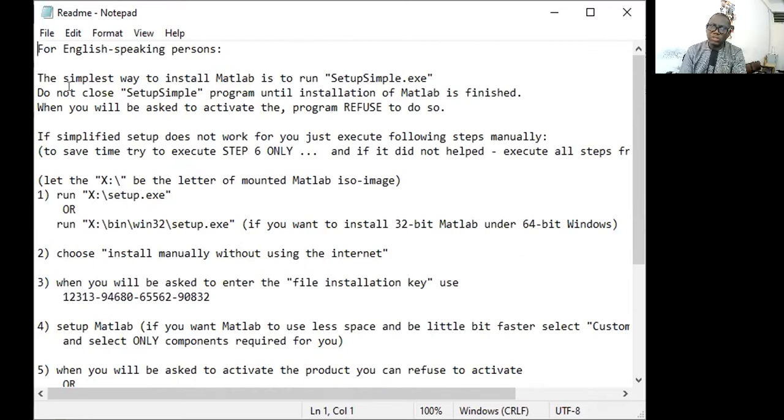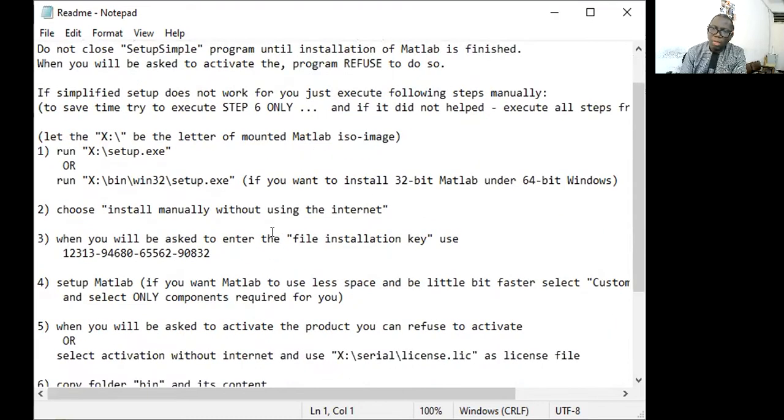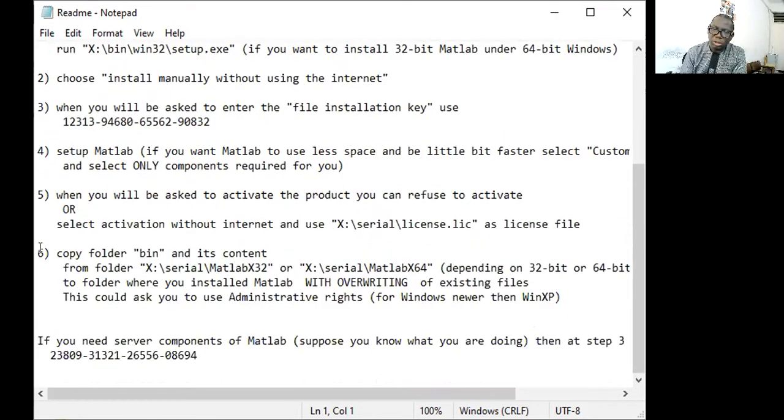So the simplest way to install MATLAB is to run setup simple.exe. And then do not close the setup simple program until installation of MATLAB is finished. And when you are asked to activate the program, refuse to do so. And then you will need to jump to number 6 here: copy the folder bin and its content